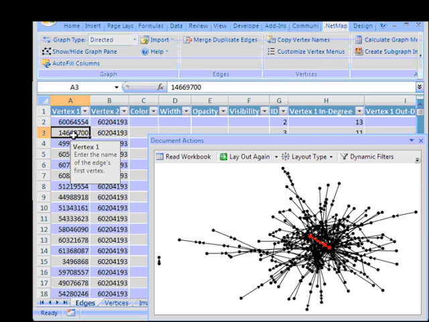So conceivably, you could put latitude and longitude values there instead of the layout that, let's say, Fruchterman Reingold would calculate and impose there. If you were to do that, you would most certainly want to apply the locked feature. There's a column with the name locked. If locked contains a 1, then those X and Y values will not be overwritten even if you apply a different layout.